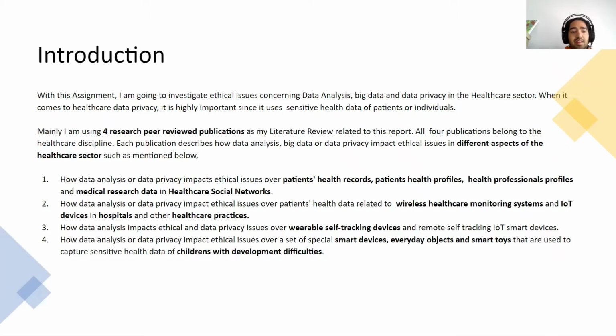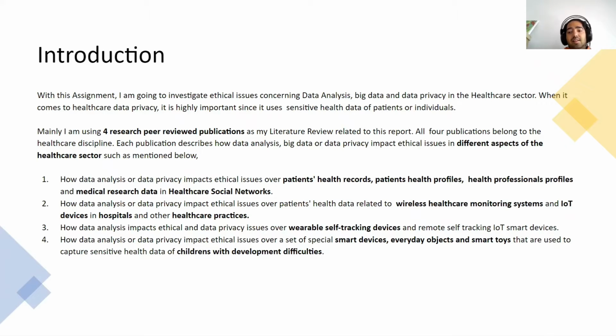publication is about healthcare social networks. These networks are related to patients and healthcare professionals who use them to track patients' records as well as medical data on other related medical issue areas, including research and everything. And the second article is mainly about the